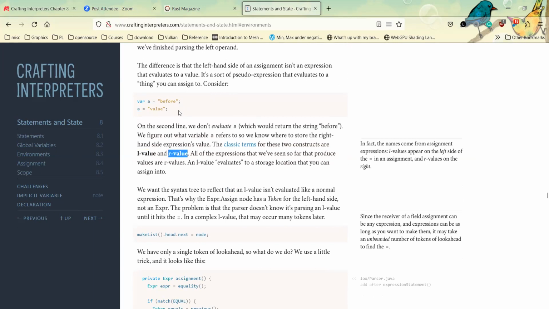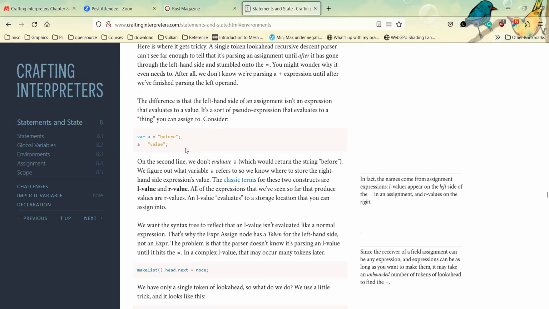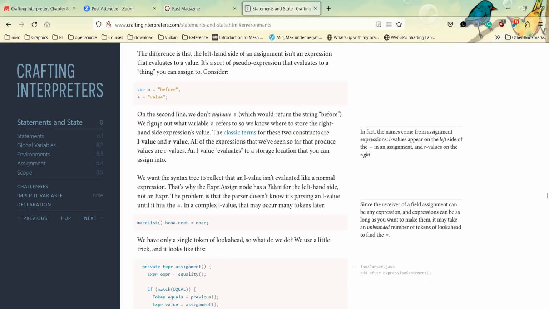If we are designing an imperative language, then it's highly likely we will also have this situation where some expressions can be assigned into, and those expressions are called L values, because what those expressions evaluate to is called an L value, and it is because it's on the left-hand side of assignment. And also there are those temporaries that you just cannot assign into, and those are R values.